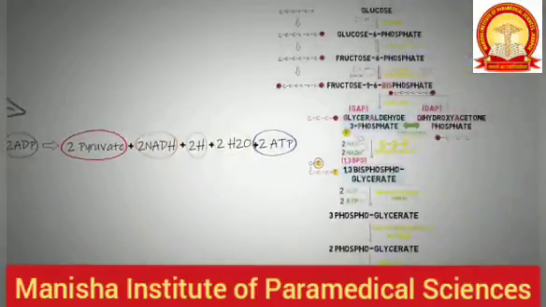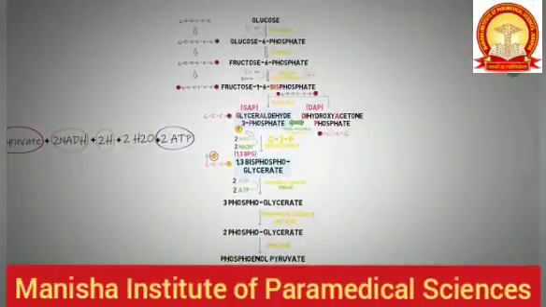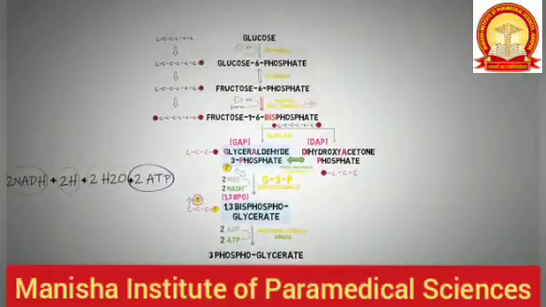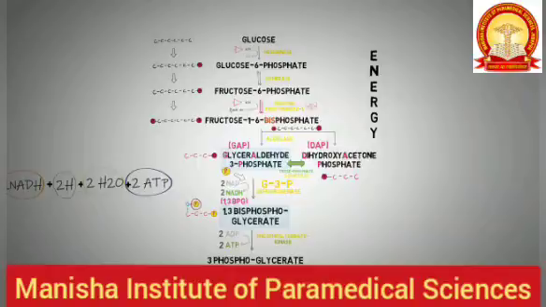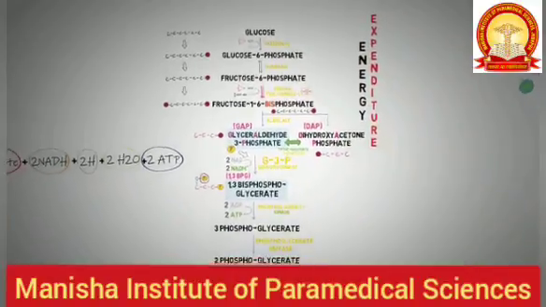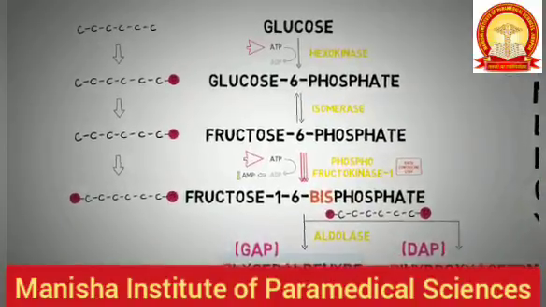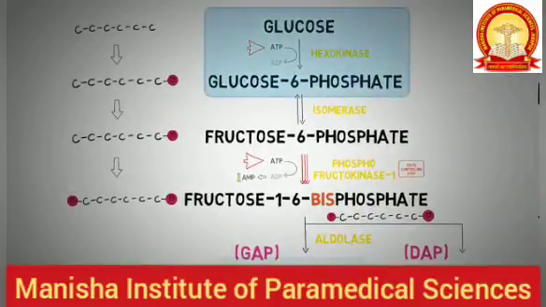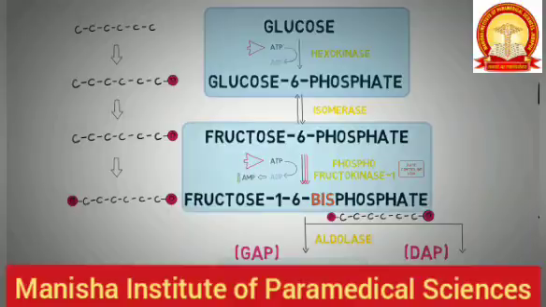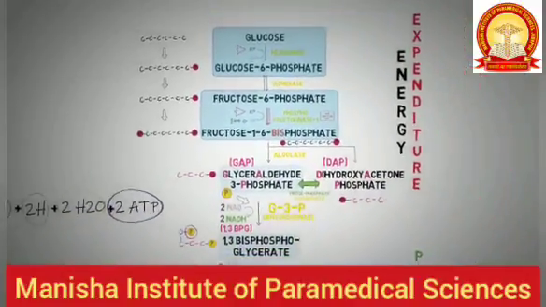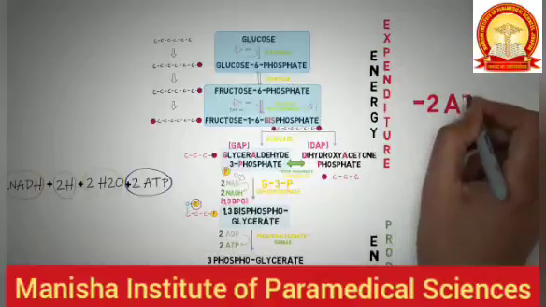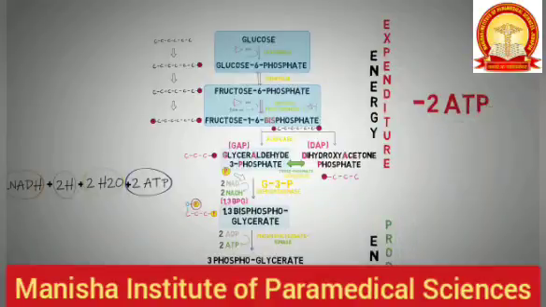Now if you look at how much energy is derived from glycolysis, you can first note that glycolysis consists of an energy expenditure phase and an energy producing phase. In the first phase we use 2 ATPs. One ATP is used here to convert glucose into glucose 6-phosphate, and the next one is used here in the conversion of fructose 6-phosphate to fructose 1,6-bisphosphate. So till now we are in a -2 balance for ATPs.